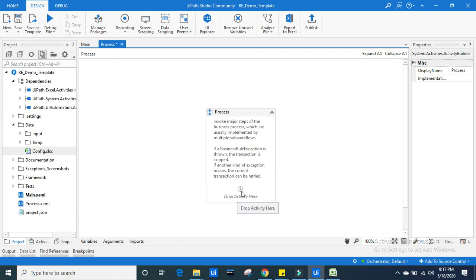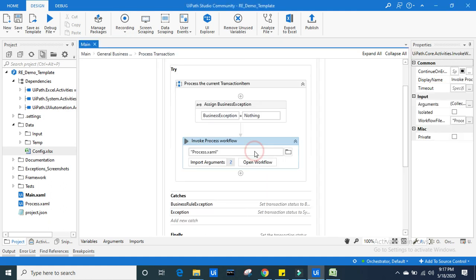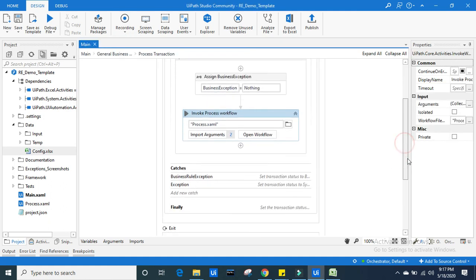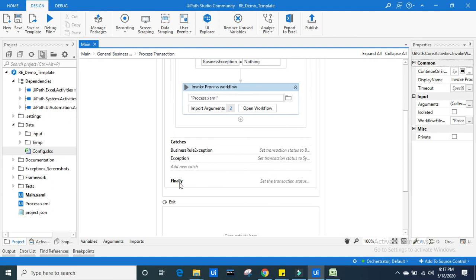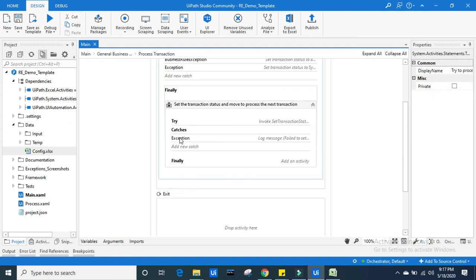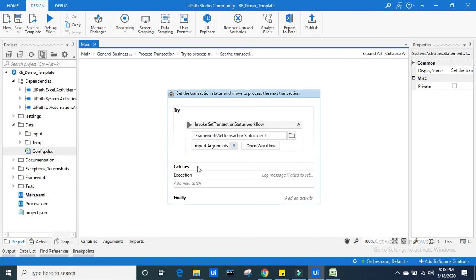The data we are getting for it comes from the previous phase, that is the Get Transaction phase. How to do it, we will discuss further. So this is the Process Transaction phase, and here it's very important.